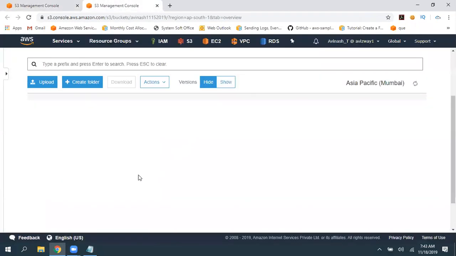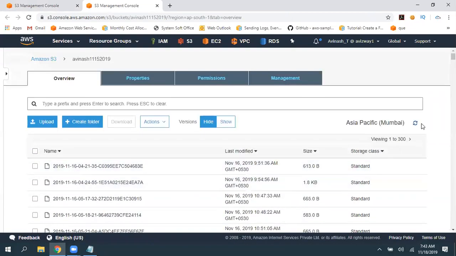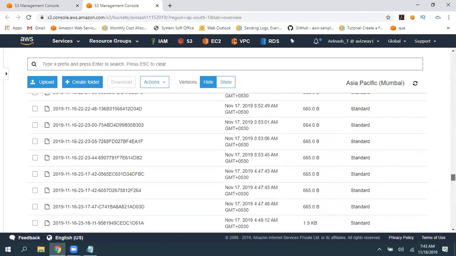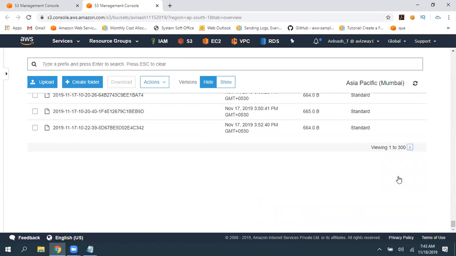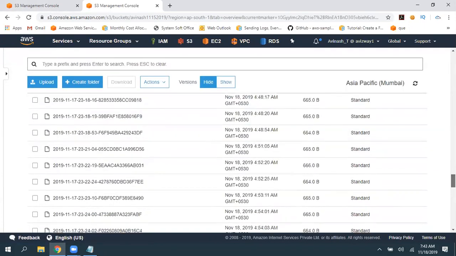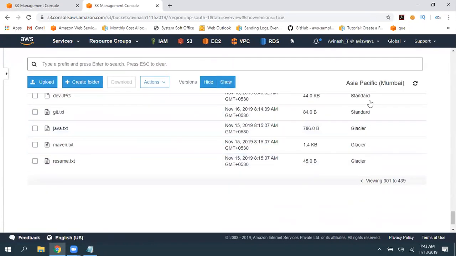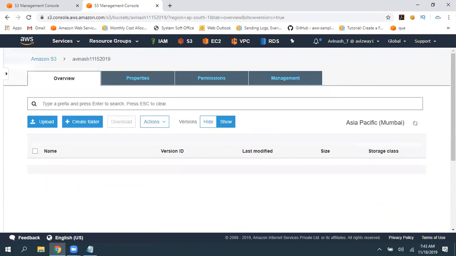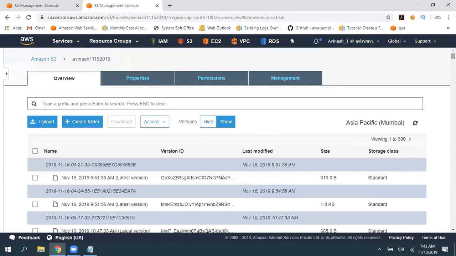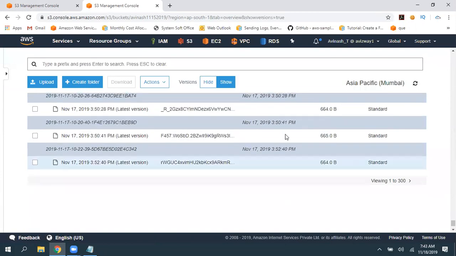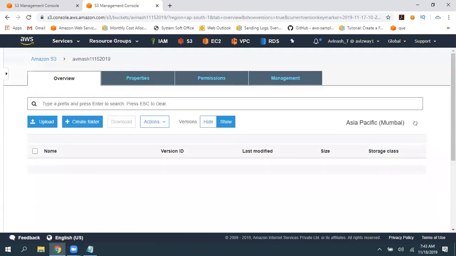Meanwhile, as I have enabled logs, I'm getting all this. But if you scroll down and observe, we have uploaded multiple files. We had multiple versions for this resume.txt and all these objects.